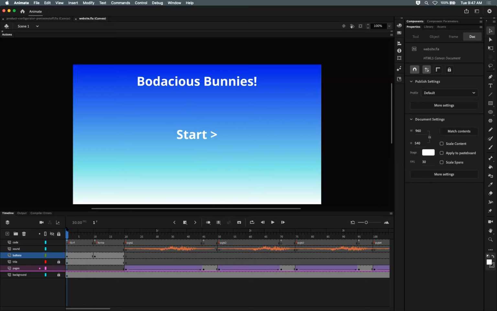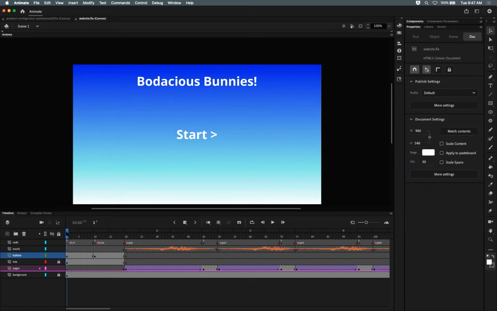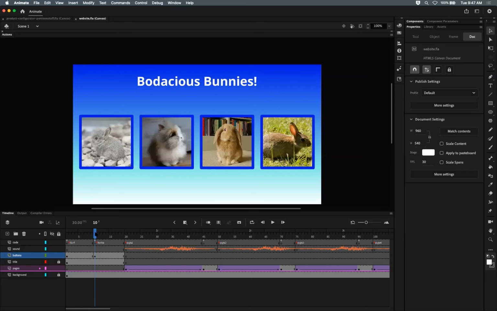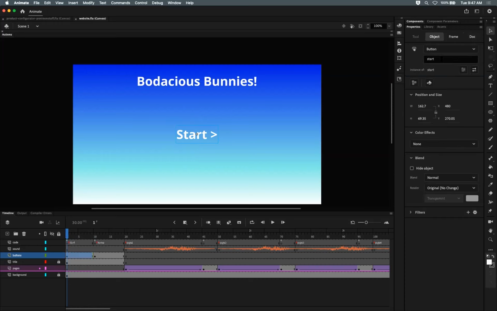And again, before you ever try and program a button, always set up the timeline so you can just take your playhead and move it to see where you want to go. So it's sitting here, stopped here, and we just want to tell it to go here, right? We made sure that our start button has a label, it's named start, and now we can put our code